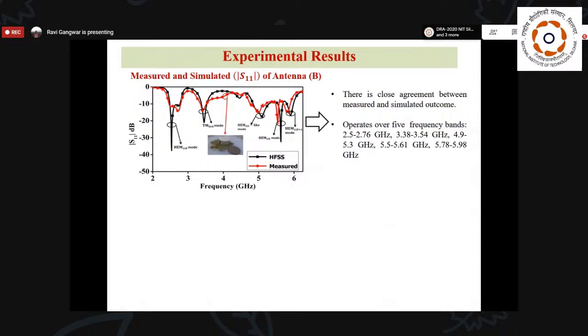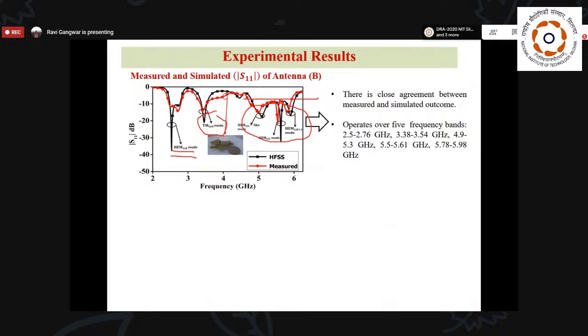Here you can see that the lower band is due to the HM11 delta mode, then the TM01 delta mode, and the other 3 bands we get from the HM12 delta like mode, and the HM11 delta plus mode. But all these 3 modes are very close to each other, and due to that mode merger happens here, so that in place of these 3 separate bands, we are able to get one wide band in this particular structure. So we can say that the mode merger technique can also be used to make the structure wideband.